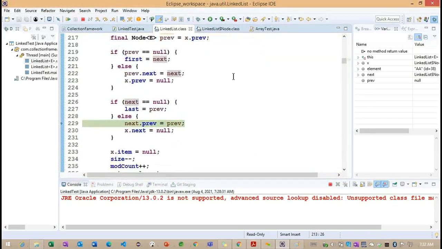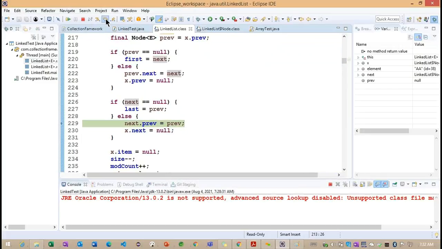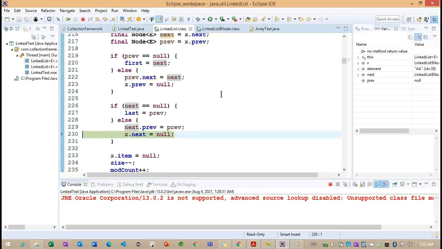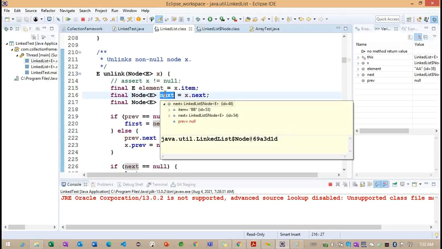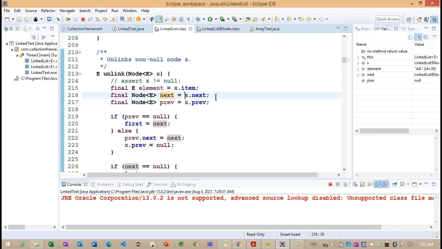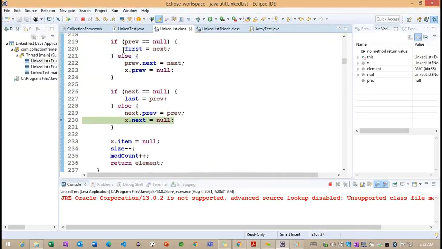But now if you observe, this particular previous is null. So x dot next, this particular x dot next we are having an object here. Now you can see the previous they are making null, and this particular x dot next also we are making null.